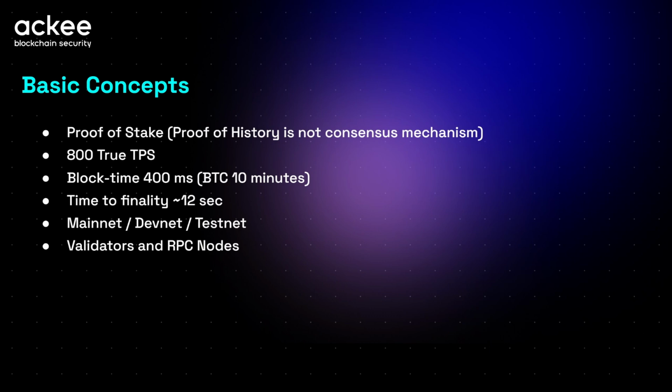Then, as I was talking about the validators, we actually have 3 networks that you can execute smart contracts on. You can look at it as 3 blockchains. The main one is the mainnet. This is where you hold your Solana, where you hold your meme coins, and where, for example, you try to trade on pump.fun.